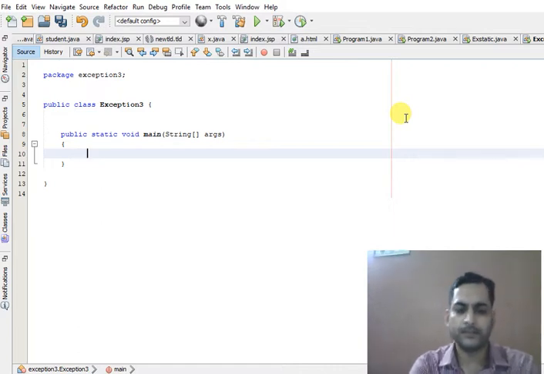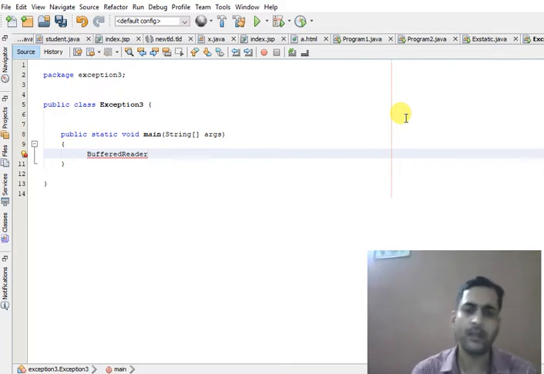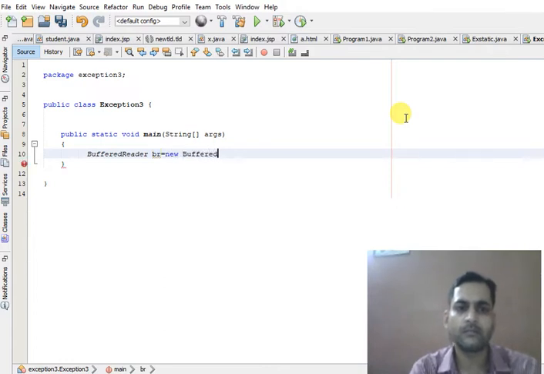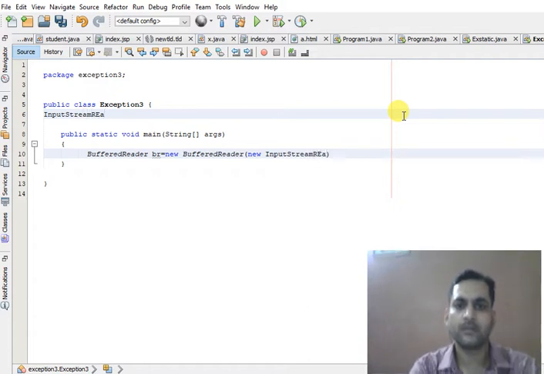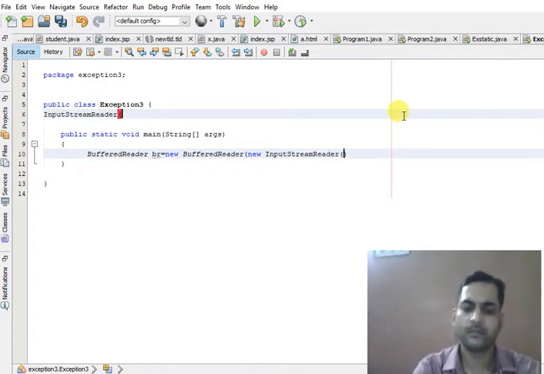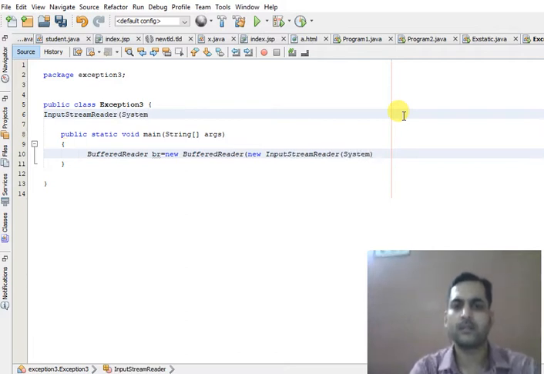Let us create a BufferedReader. In this example, we'll try to read some string value from the keyboard. We'll use BufferedReader with InputStreamReader and System.in.